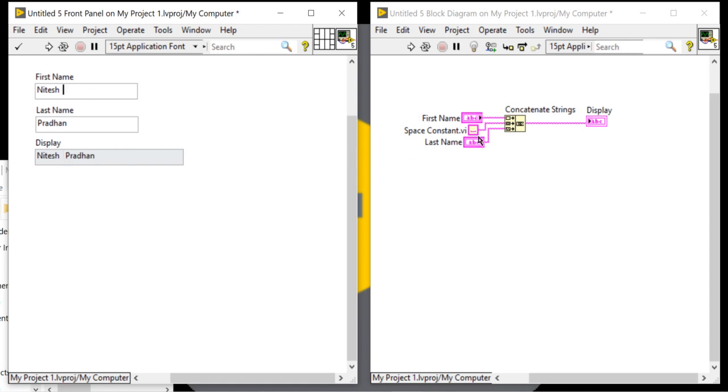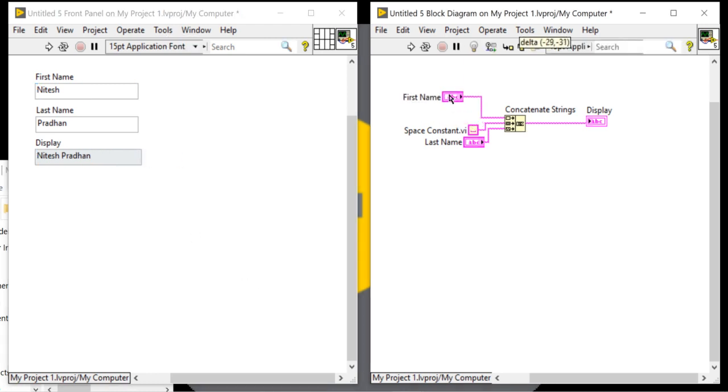So now our logic is flawed. We don't know how the user will work, how the user will enter. If the user enters two spaces after the name and two spaces after the surname, our code will display the same two spaces. Now I want to control the complete user action. How do I want to control it?